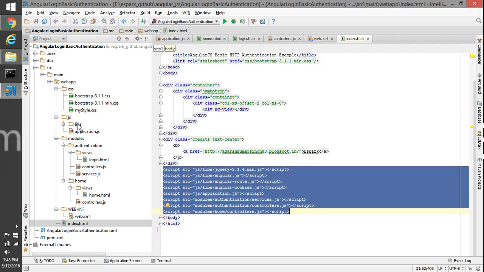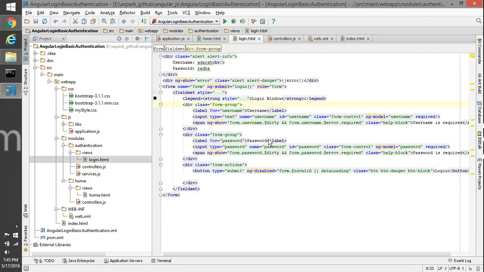So I guess I have gone through all the things, flow and all. So in the login.html, we have just simple standard stuff. What we have done,